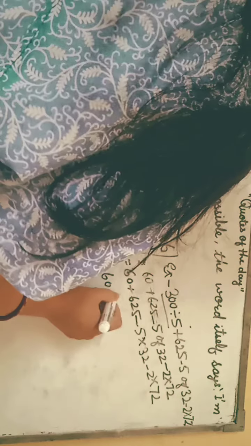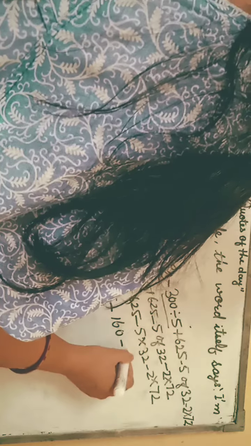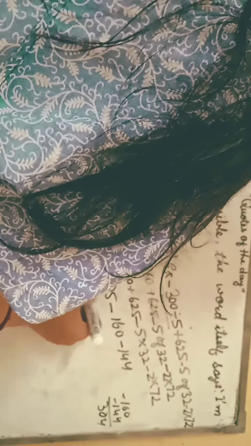Now come to the next. As I have described about the question, we add the question 685, and as we know the multiplication of both 160 and 145, but there is a minus symbol with them, so they are added with one. Let's see how I have done. Minus minus plus, so 304. So we will subtract this from the 685 and get the answer 381.